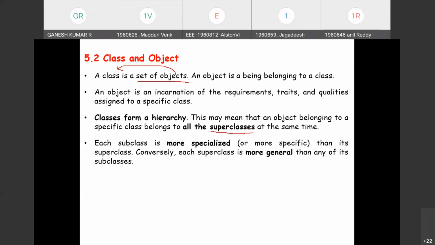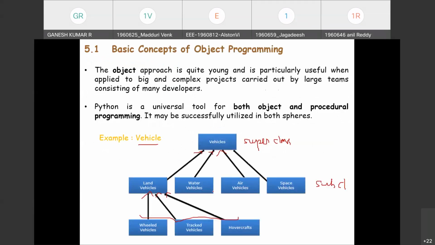Who is the head of the nation? Similar to a village, belonging to the specific class, all the superclasses are the same. So in the same example, if wheeled vehicle is a class, then an object, can you give an example for an object?